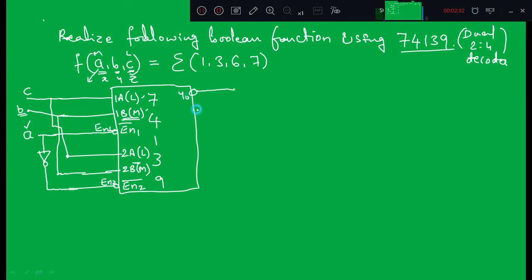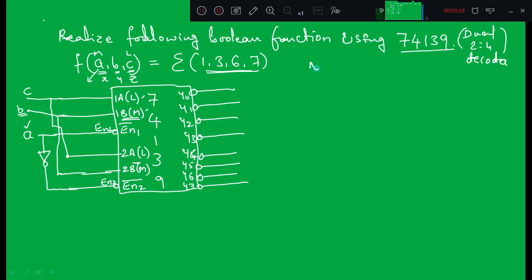Now we will take the outputs Y0, Y1, Y2 and Y3. Next outputs are Y4, and we will name them continuously, because now you will understand why we need to name them continuously. So from the given function we can directly pick that particular output, and we can connect it to one external gate. Which gate do I have to use? In the last class we discussed it: we need to use an external NAND gate.